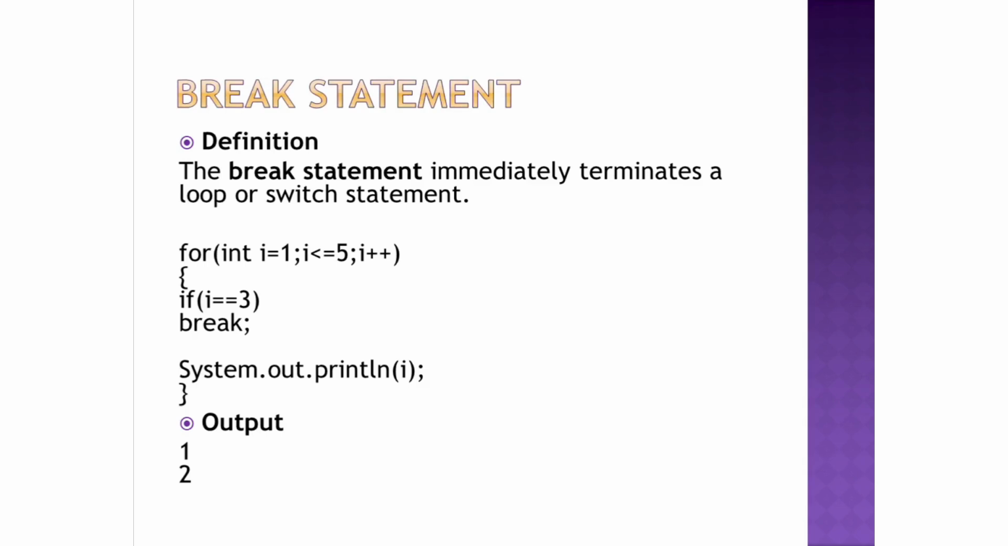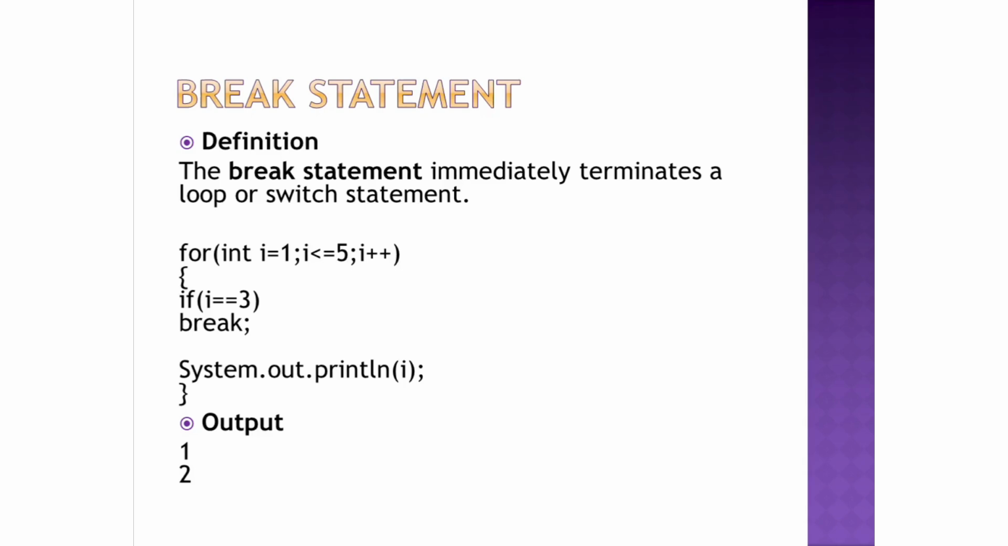So let's first understand the break statement. The break statement is used to immediately terminate a loop when a particular condition is met. Look at the example. The for loop starts from 1 and continues until 5. Inside the loop, there's an if condition that checks whether i is equal to 3. When i becomes 3,